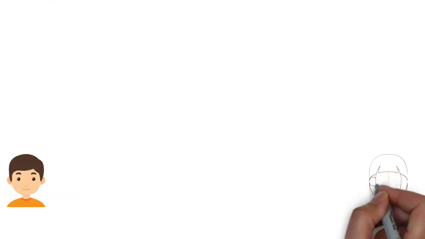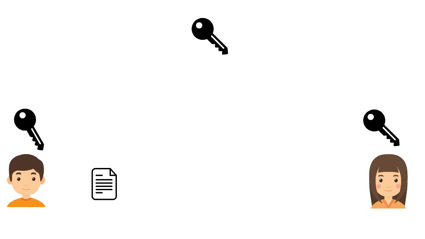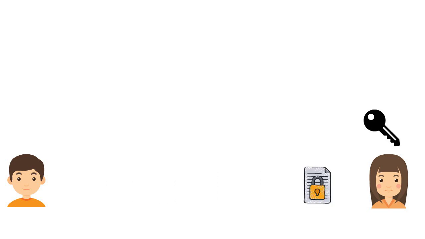In the old days, if Bob wanted to encrypt a message and send it to Alice, they would both have to have a copy of the same key, a key that would both encrypt and decrypt. He would encrypt the message and send it to her. Alice has a copy of the key. She can decrypt the message with it. It's obvious this method carries the risk of someone stealing the key or making a copy of it and having their way with the message.